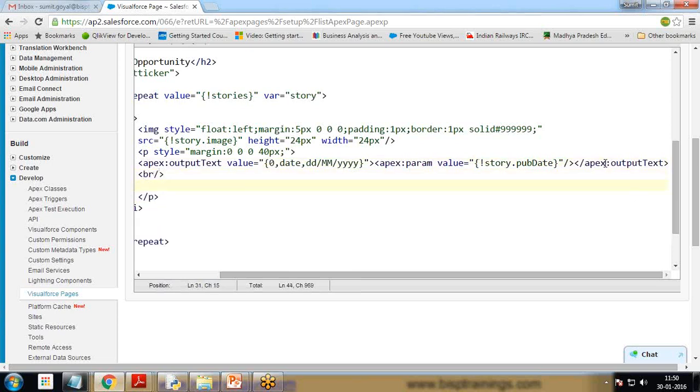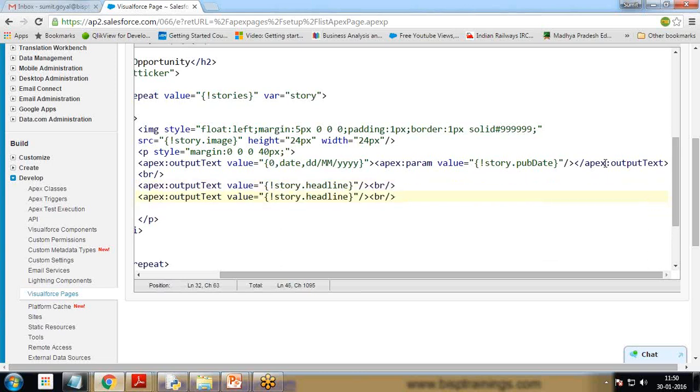Then I want to show the story headline, so again I define apex dot output text, value is equal to story dot headline, and this can be a self-closing tag and also break. So I copy paste it because I want to show the story snippet as well. So story dot snippet, this is also break, and then I want one output link so that when the user clicked on that link, it will be redirected to